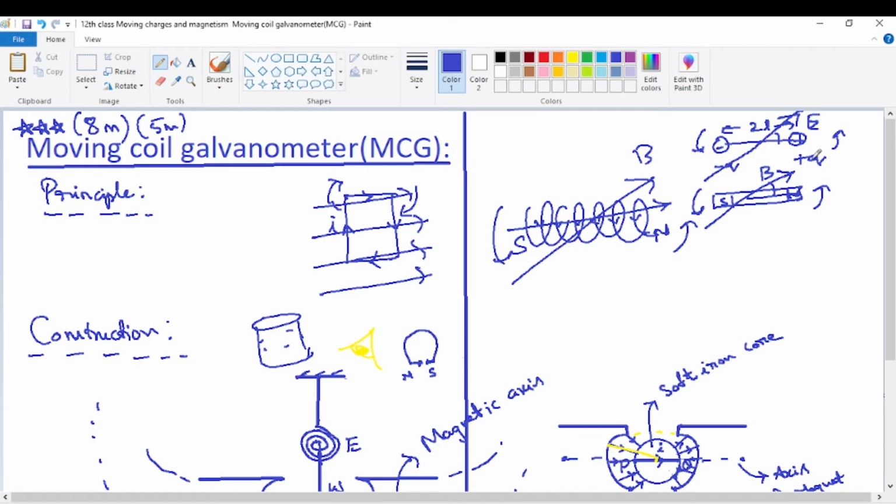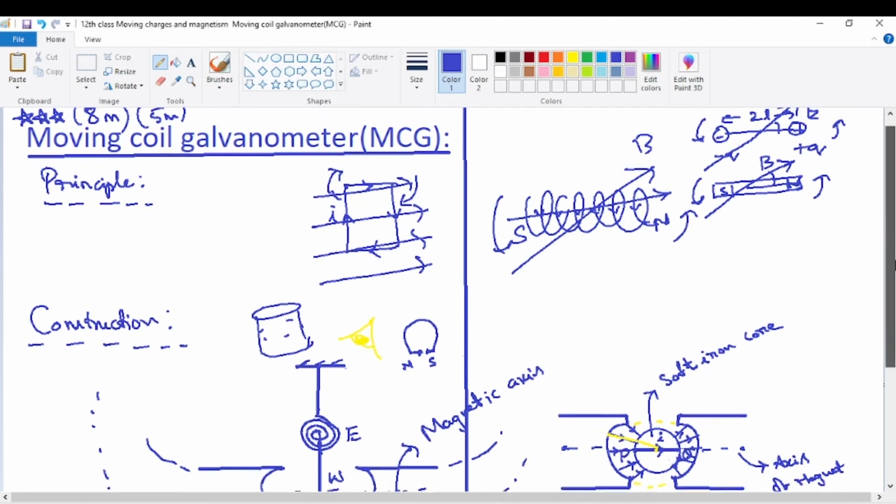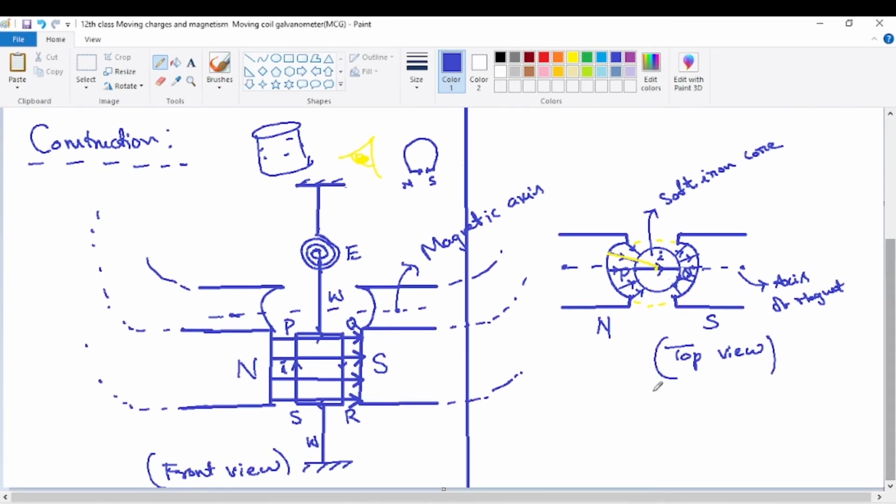Now what is the torque experienced by an electric dipole? We have called it the moment of couple or torque due to couple. C is equal to PE sine theta. This is also called torque due to couple. Actually, in this lesson only tau is used. Tau stands for torque. It's a Greek letter which is similar to the English letter T. Torque starts with the letter T, that's why tau is used to denote the torque.